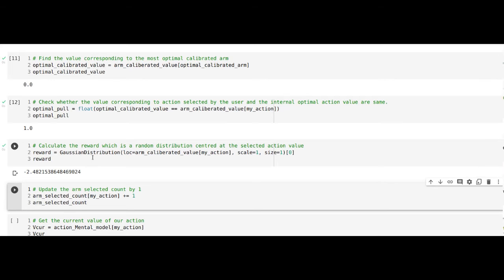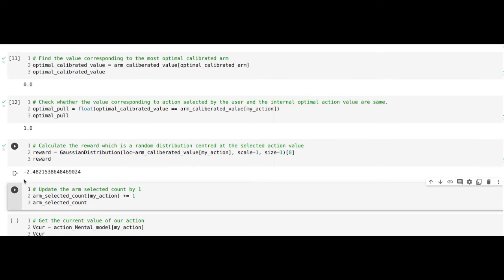We have 10 arms, and my action gives you the index of the arm which was selected. The arm calibrated value indexed by that action gives you the reward value of the arm which we've pulled. So we generate a Gaussian distribution based on that with a standard deviation of 1, and we just take one sample, so we get a reward.